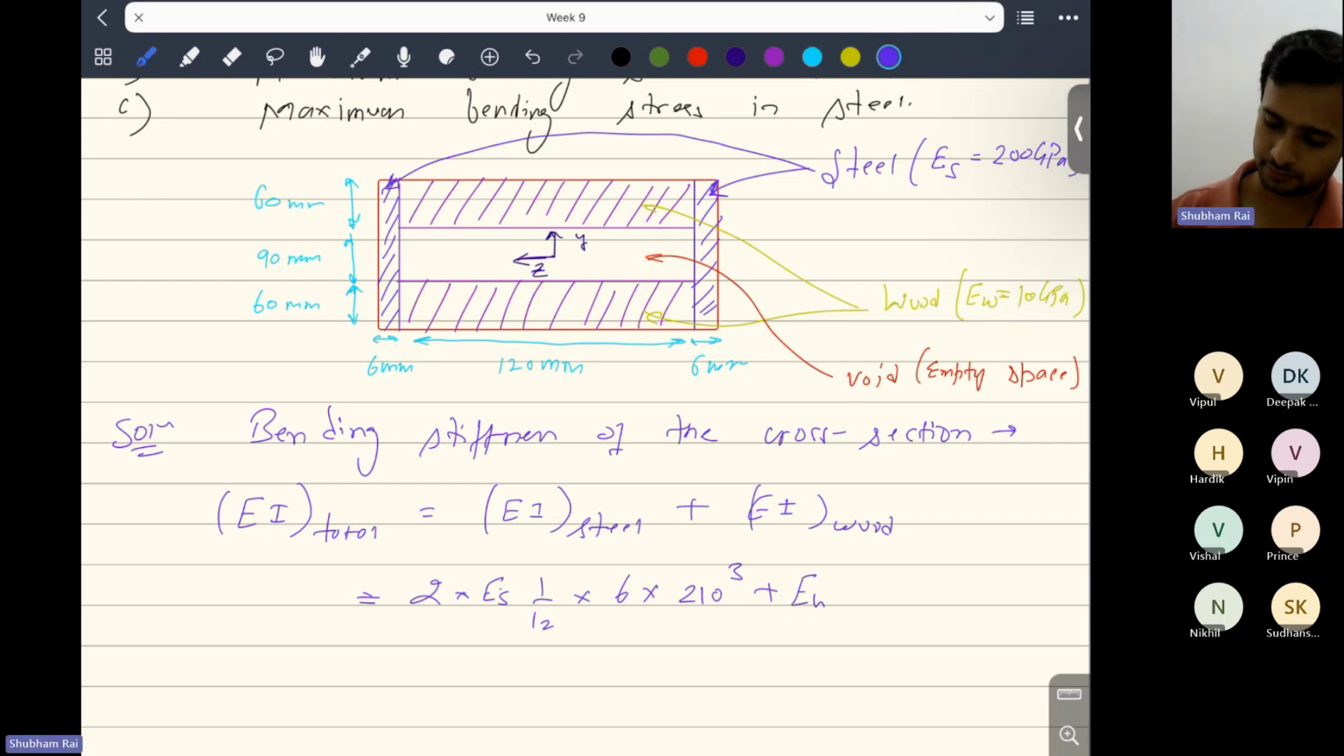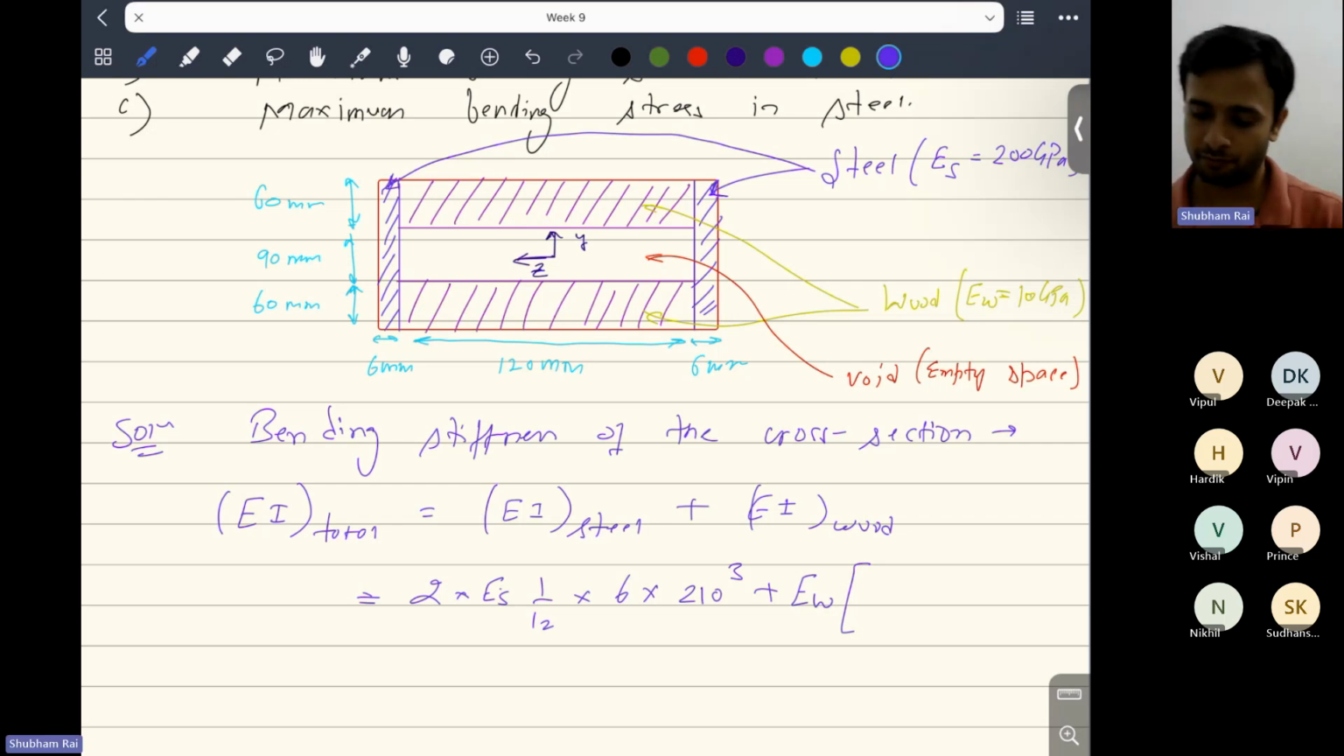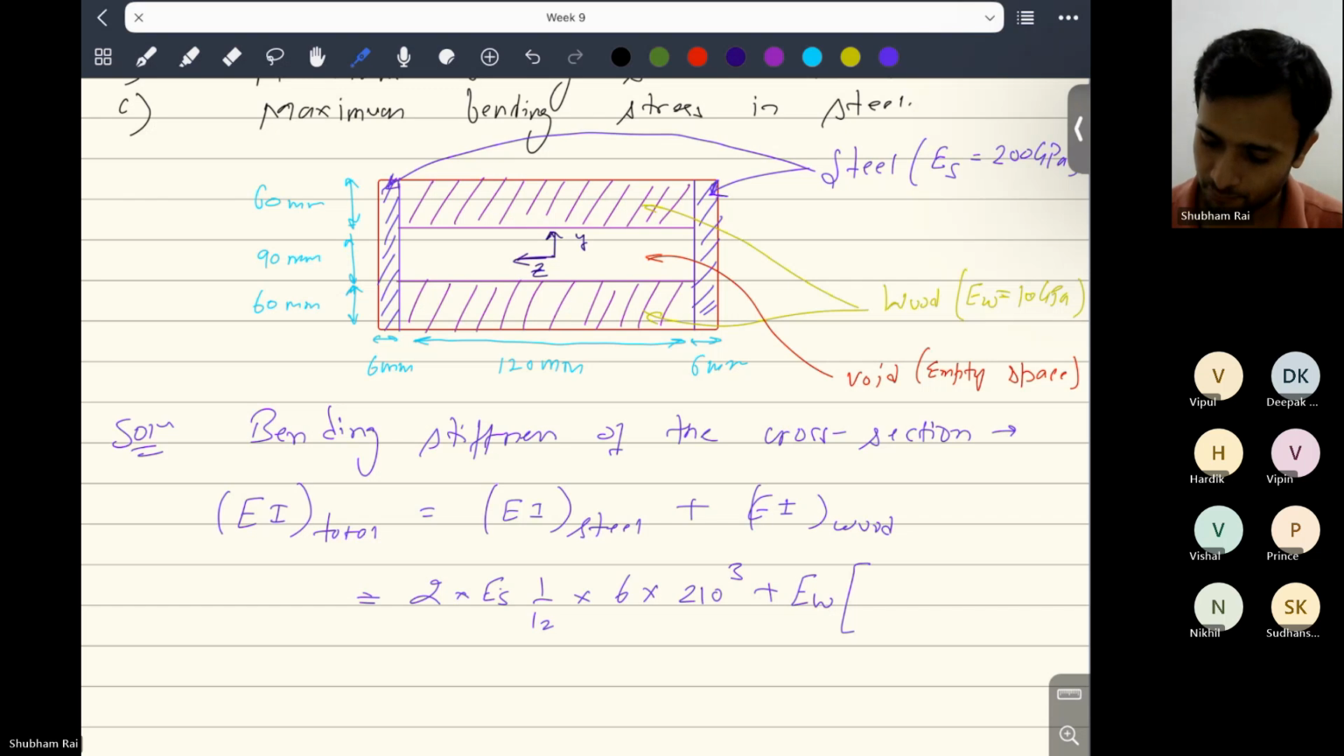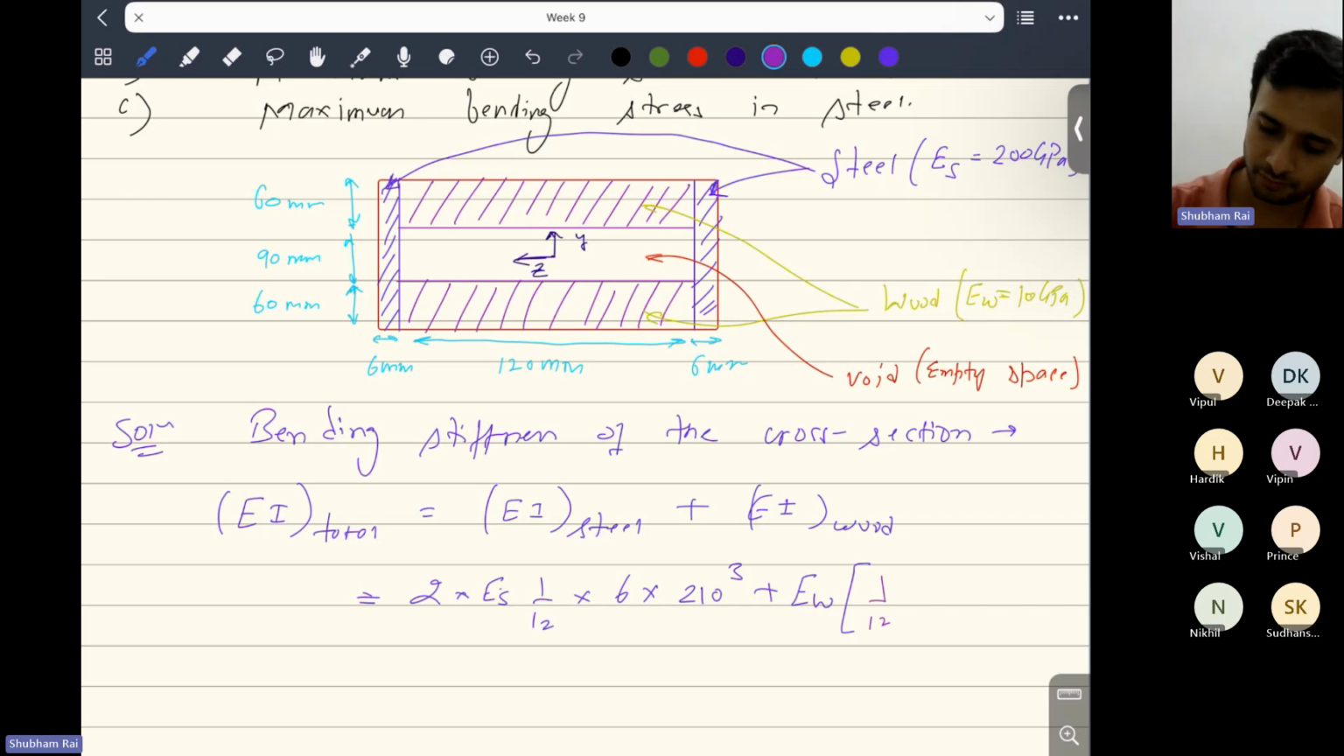Let's say EW for wood is the modulus for wood. For finding the second moment of area, you find the total second moment of area and then subtract the second moment of area of this body. So that will be the total second moment of area for this